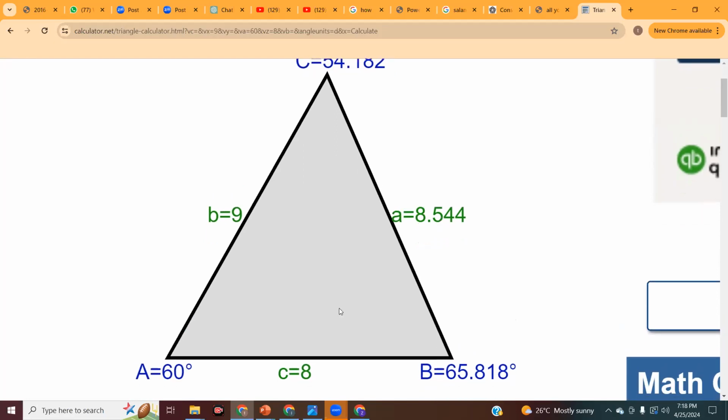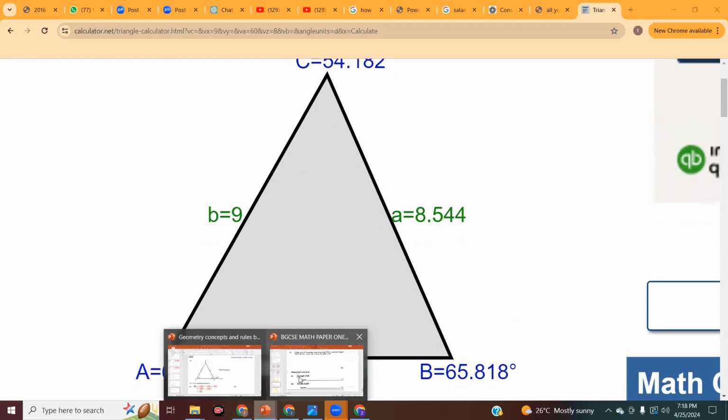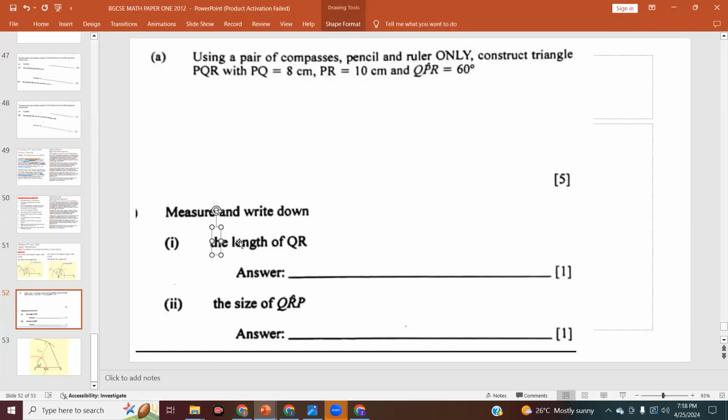Anyone got 8.5? Let me know if you got 8.5. I did. So yeah, 8.5 is correct. Who did not get 8.5? Yeah, you need to check it. Do you see the reason why? I'm trying to draw it over. Okay, good. 8.5 is the correct answer for this one.